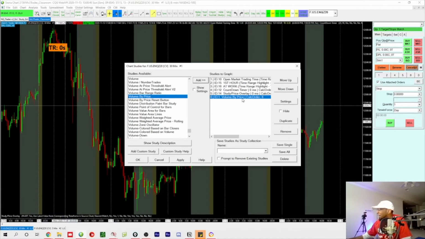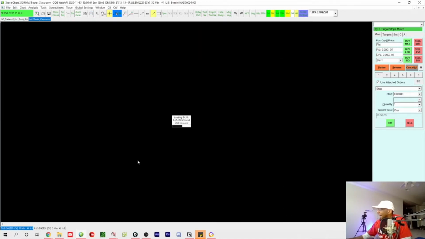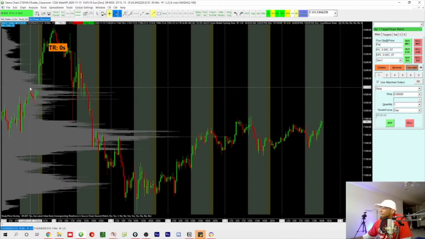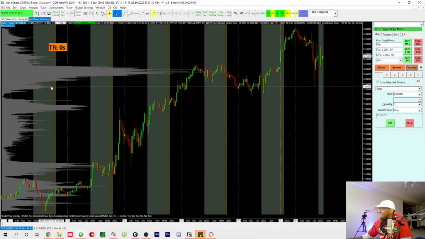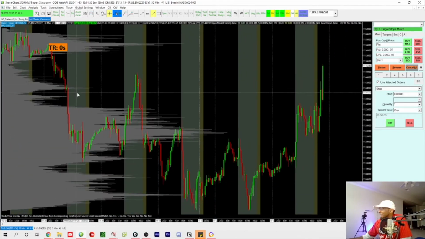So we've got the volume by price. I got that in there. I'm going to click apply and OK, and let that load in, so we can see what it looks like by default. Now that we've got the volume profile loaded up, you can see this is what it looks like by default. What it's doing is showing the volume for everything that's on the chart right now. So if I